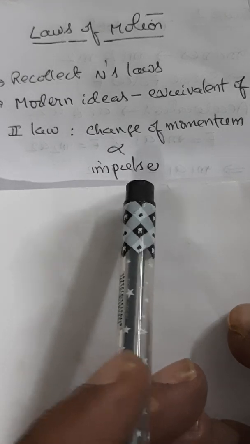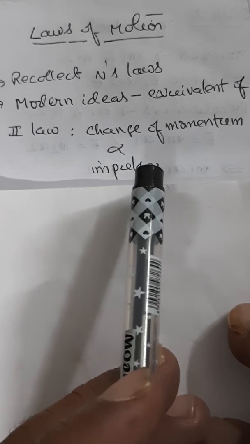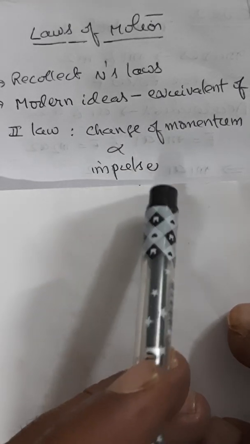For example, if you take the second law of Newton, the change of momentum of a body is proportional to the impulse impressed on the body, and it happens along the straight line on which that impulse is impressed. That's how it can be interpreted. Now let us see how we interpret the first law. The statement of the second law says the rate of change of momentum is directly proportional to the applied force. So you can as well put it as the rate of change of momentum is proportional to the impulse impressed on the body, and it actually takes place along the straight line on which that impulse is impressed.